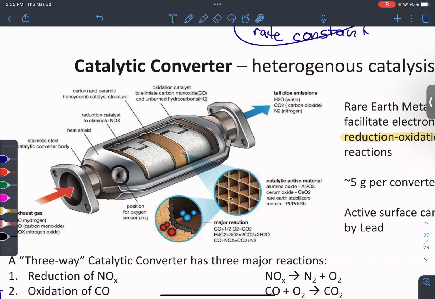Another analogy would be someone walking up an escalator. If this person's rate of walking up is the same as the rate the escalator is moving down, looking from afar, we will see that person not move. They'll just stay in one place as long as these overall rates are equal to one another. And that is the basis of chemical equilibria, when the forward and reverse rates are equal to one another. Recall, we get rate from rate laws. So we see that small k is related to big K in a way.